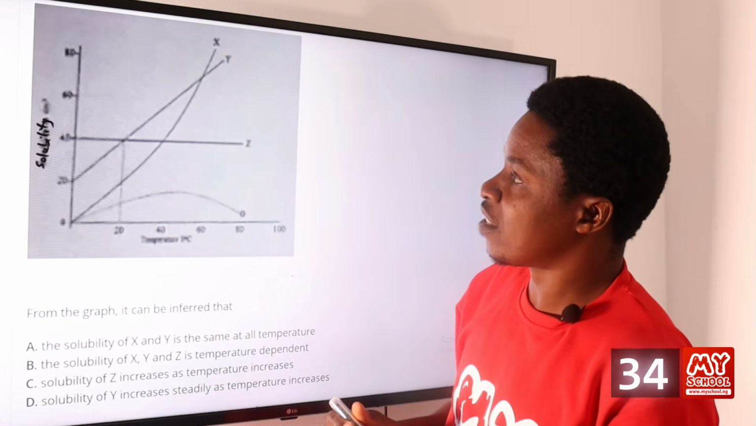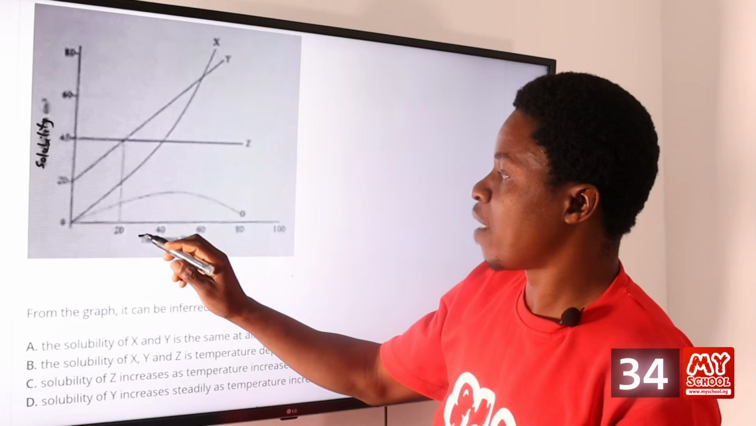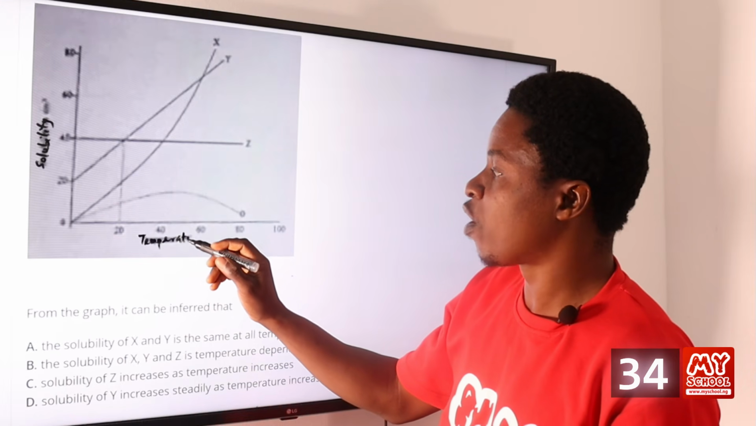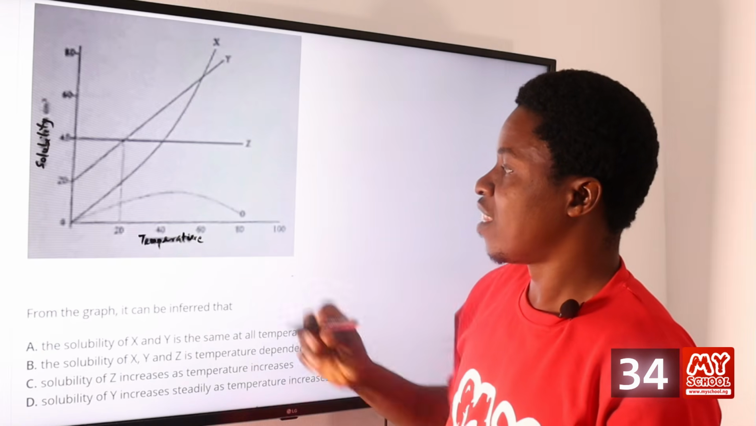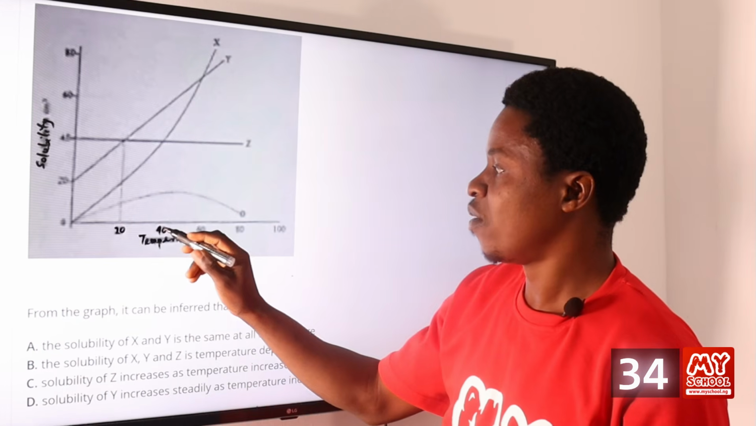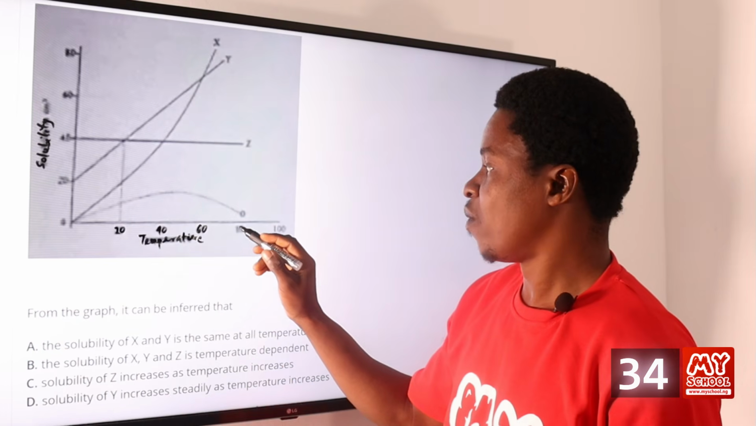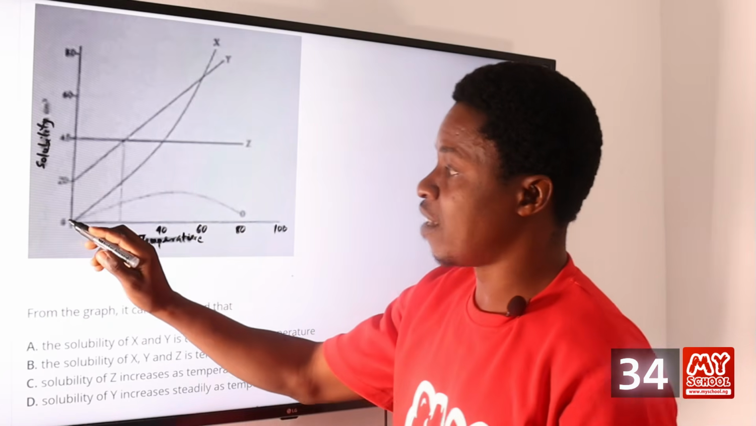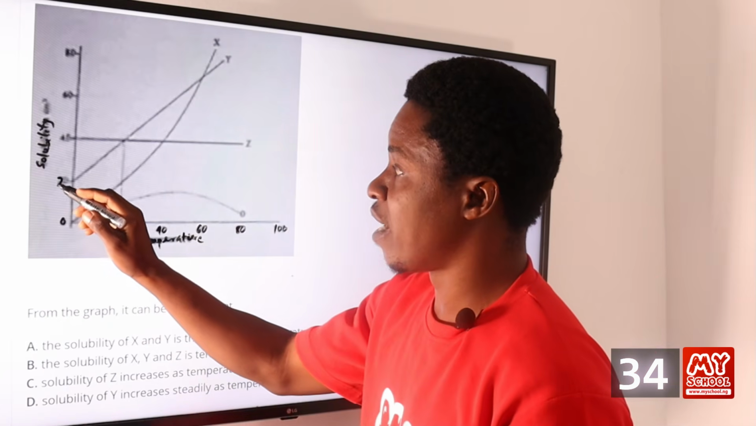That's solubility on this side, and then here we have temperature. Of course, when you have solubility against temperature, that is the solubility curve that we have in here. So here we have 20, 40, 60, 80, and then 100, which means the temperature is increasing, and then from the origin, which is 0, and here we have 20,